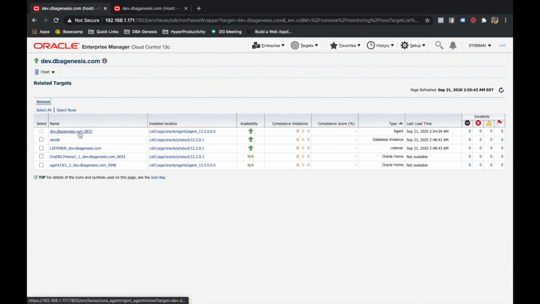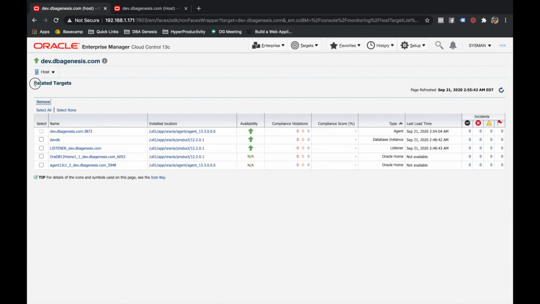We can see that there is an agent, we can see that there is a dev DB, a listener, and then we can also see one Oracle home. This is actually the Oracle home and this is the agent home, right? You can see the type Oracle home. So when you see two Oracle homes, don't get scared. One is your actual Oracle home, the other one is your agent home, right?